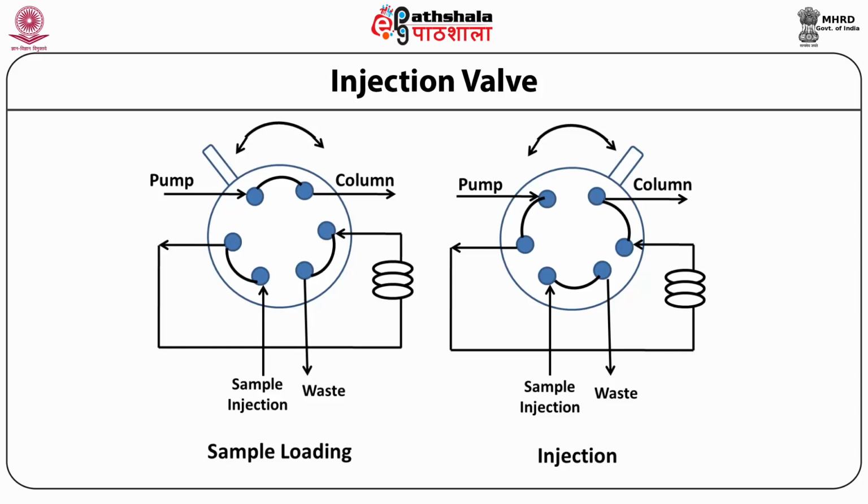If sample analysis is required at different temperatures, sampling valves can be kept within a temperature-controlled oven, and another advantage can be derived from its usage. It operates by switching between two configurations and controls the flow of solvent through the autosampler device. In one configuration, it allows loop filling, and in the other configuration, it allows sweeping the sample loaded into the loop to the column. The valve allows a definite sample volume to be pumped into the column every time.